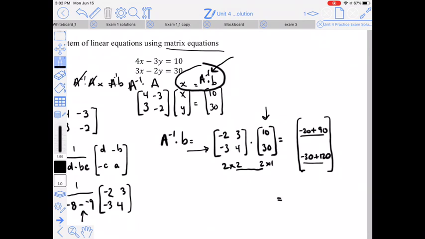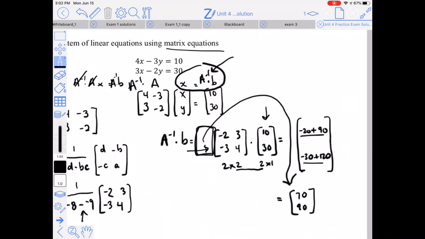then we simplify. So that top entry is negative 20 plus 90, that's 70, and then negative 30 plus 120 is 90. Now at this point, again, if there had been some kind of a fraction coefficient in front of my inverse matrix, that's when you would take that fraction coefficient and multiply it into there. But since we just had 1, we don't need to do that in this case. So what we have then is